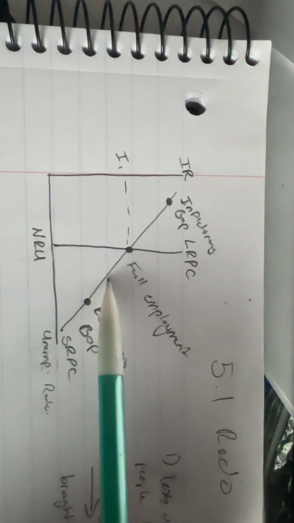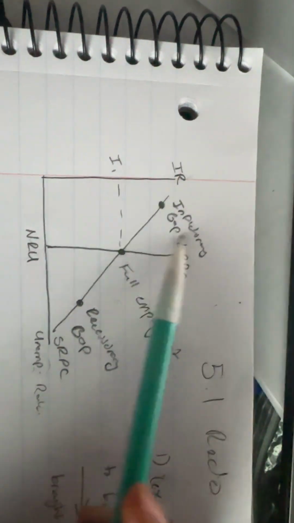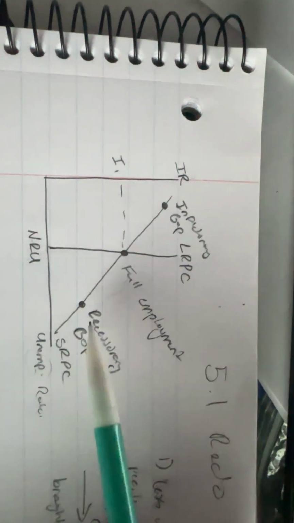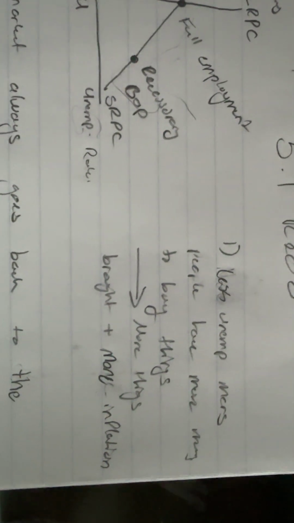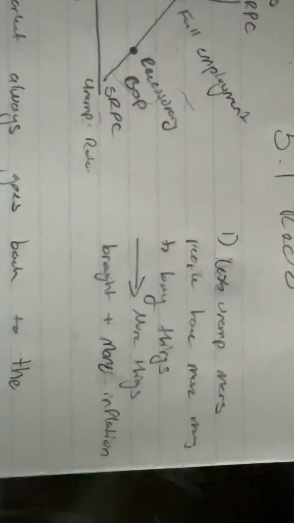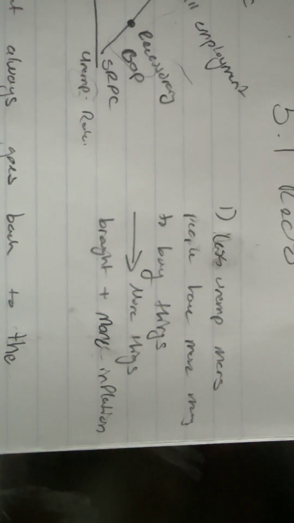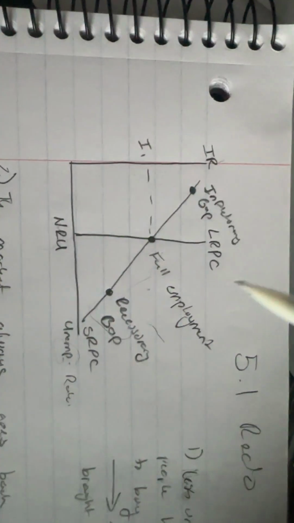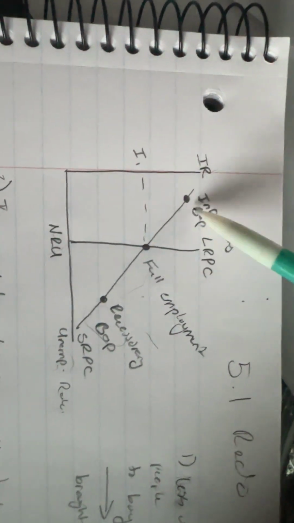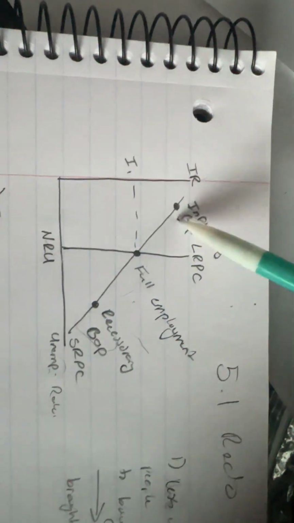And as you go up the short run Phillips curve, you encounter an inflationary gap, and as you go down it, you get a recessionary gap. And then for the negative relationship between inflation and unemployment on the short run Phillips curve, as you get less and less unemployment, you're gonna get more people that have more money to buy things because more people have jobs, and that's gonna lead to more things being bought and therefore more inflation. And you can see that right here, as there's less unemployment,